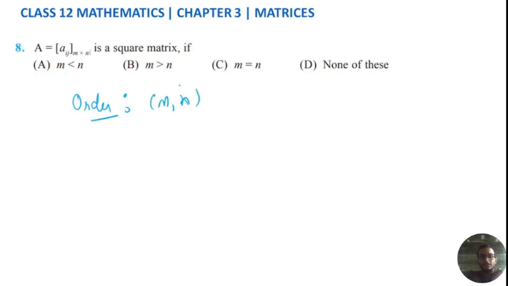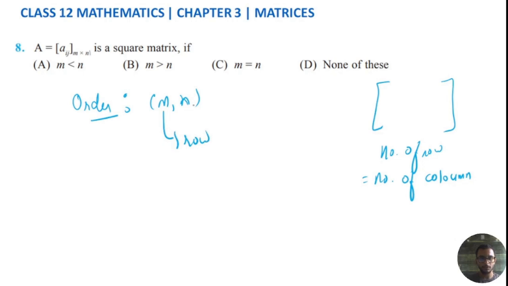So they are asking when we can say that A is a square matrix. We know a square matrix should look like a square, right? That is, the number of rows should equal the number of columns, right? So this is possible only if, and we know the order is m comma n, that means that m is